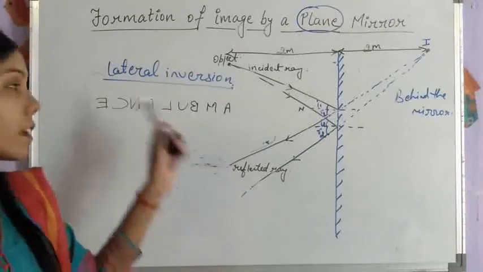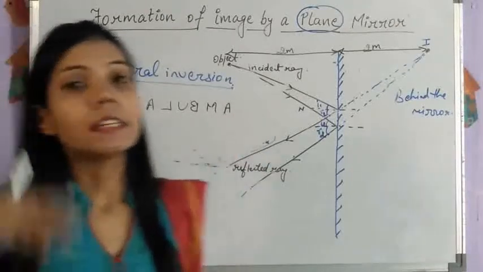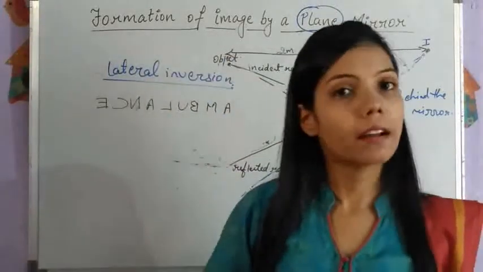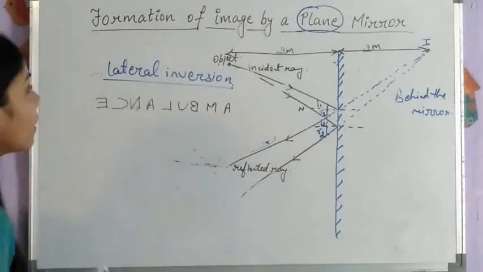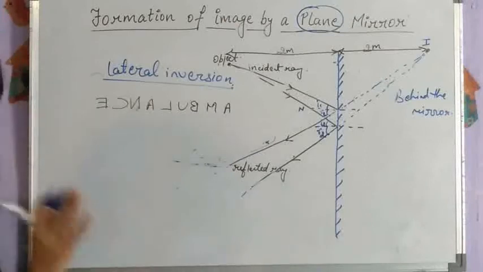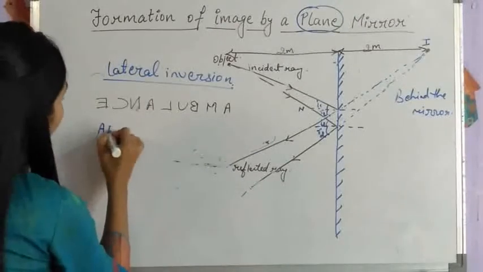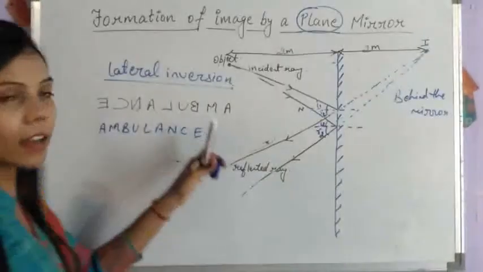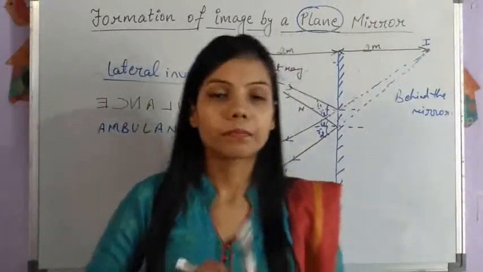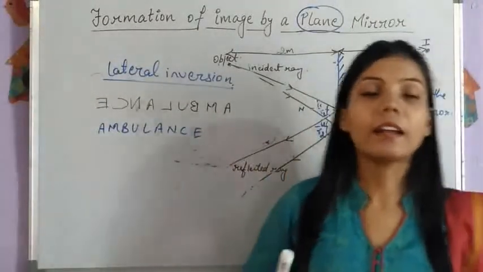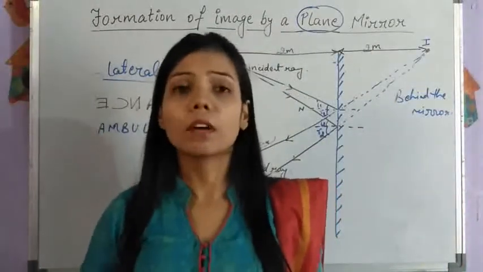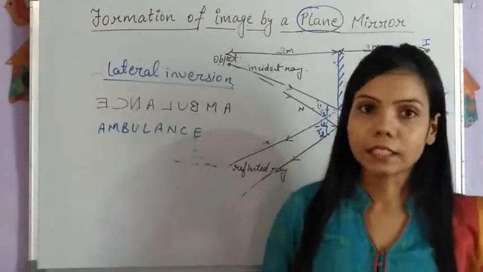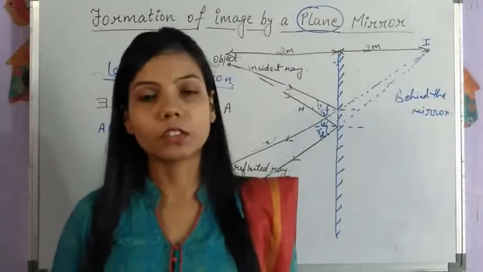But when we see the same letters in the side mirror of our car, then we find that this image will appear correctly, in the correct position. This image appears to us like this only. And you know what happens? The reason for this alignment is that if there is traffic, or a lot of traffic in front of the ambulance, then the ambulance will get the pass so that it can go without any obstruction and hurdle,